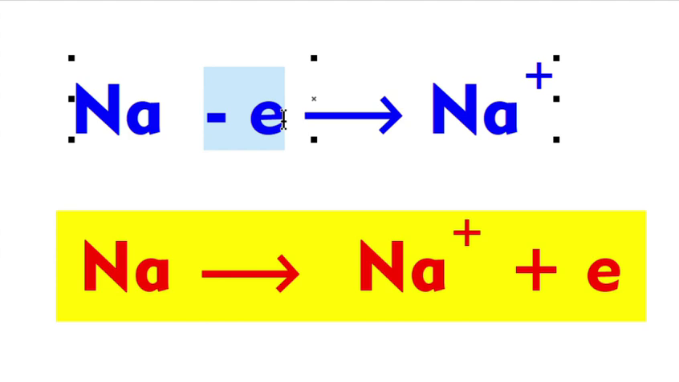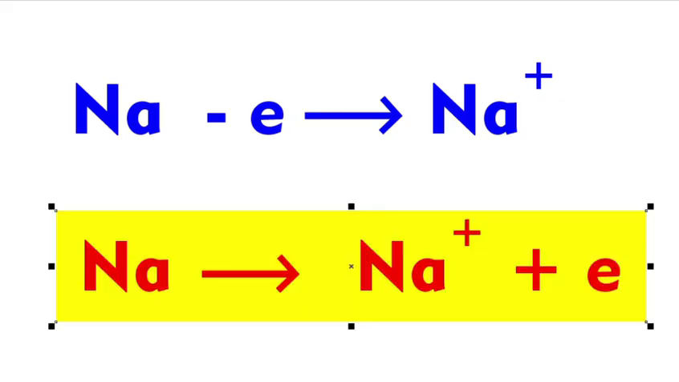So sodium donates 1 electron. So you have to subtract 1 electron and they become sodium plus. So this is how you show by an arrow the chemical, or we say this equation. But generally minus E, we don't keep it in this form. We will take this minus E to the other side, then it becomes plus E. This is the standard form of writing